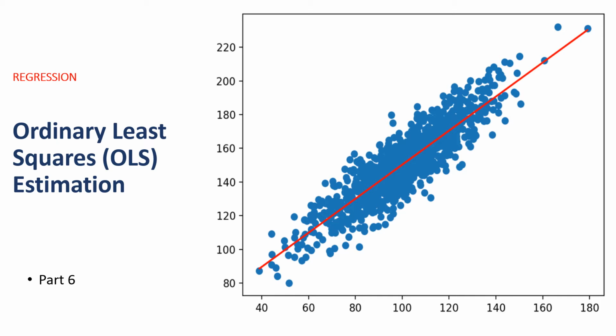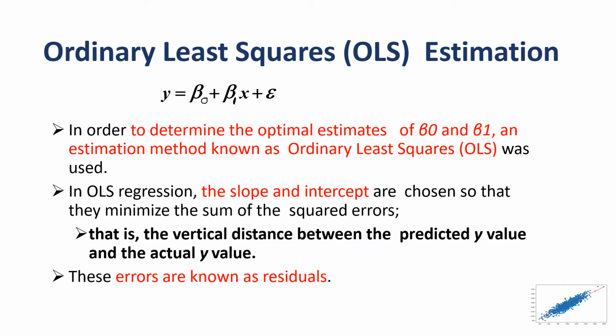Today we are going to discuss ordinary least square estimation. Ordinary least square estimation is an estimation methodology for making an estimate for the terms beta 0 and beta 1 of simple linear regression. So, ordinary least square OLS estimation. In order to determine the optimal estimates of beta 0 and beta 1, an estimation method known as ordinary least squares was used. So the basic purpose of ordinary least square estimation is to determine the value of beta 0 and beta 1. Beta 0 means the line intercept value, and beta 1 means the slope of the